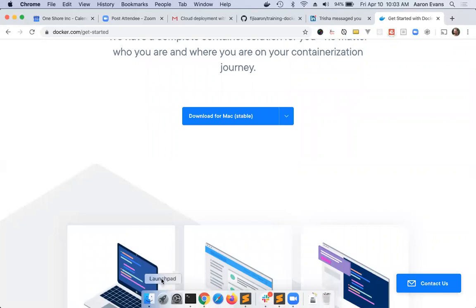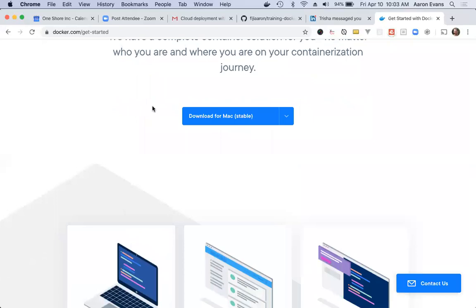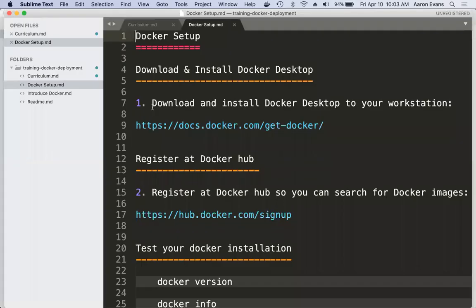And then when you're ready, go through the installer. Once it's installed, you'll have a little Docker desktop icon, either on your desktop or on your control panel here at the top on my Mac. So what I'd like you guys to do is work on downloading and running the Docker installer. Meanwhile, I'll take a few minutes to talk about